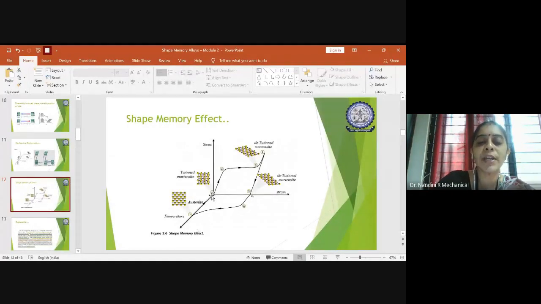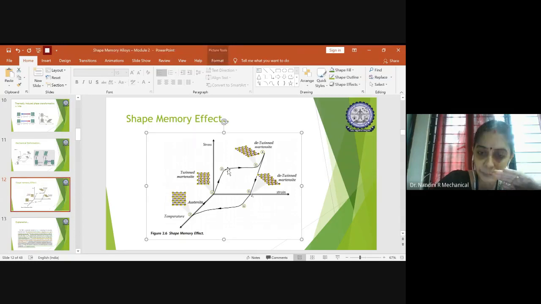Initially the stress, the strain and the temperature will be zero, right? You will be subjecting it to temperature and mechanical loading, which results in the first twinning of the martensite at room temperature. Then you gradually increase, and the stress increases. Once the stress is constant, you stop increasing the temperature and keep the same constant temperature. Suppose it is 100 degrees Celsius, you will maintain the same 100 degrees Celsius until you get the required strain deformation in the plastic stage. Once it is done, you again increase the temperature until the stress is maximum.